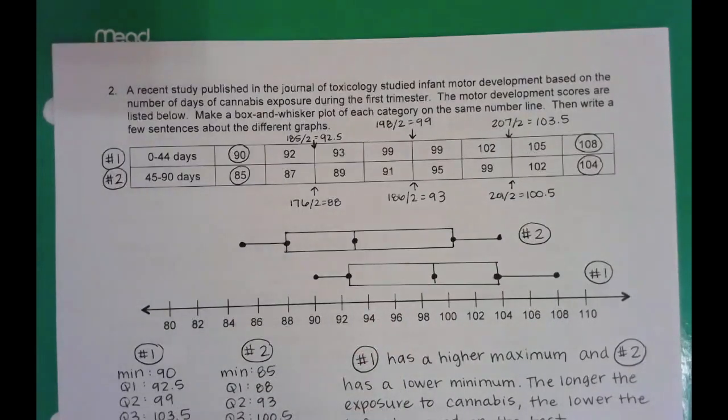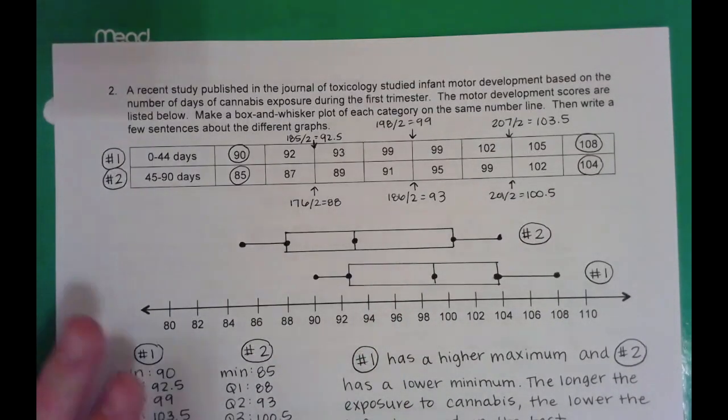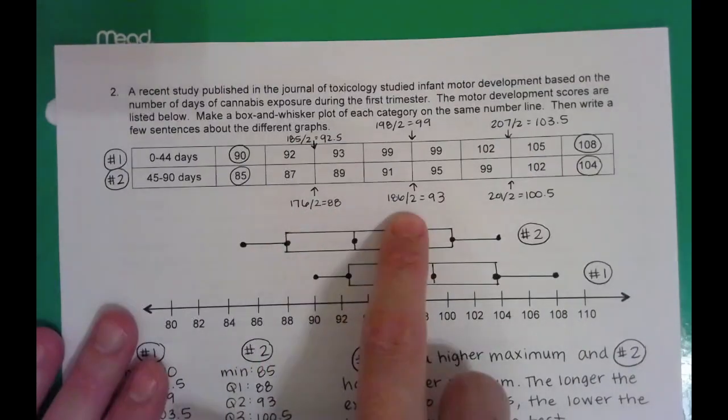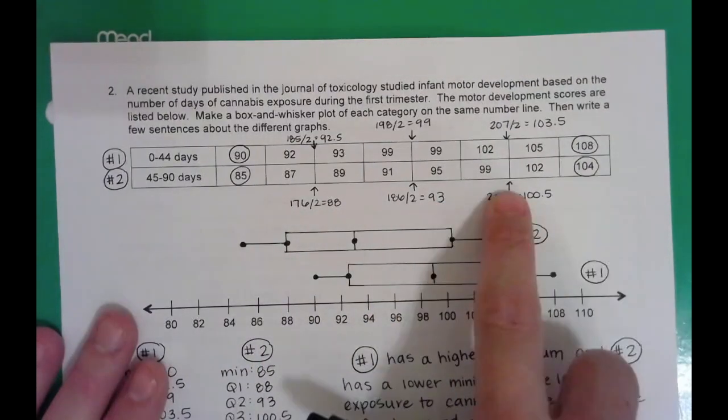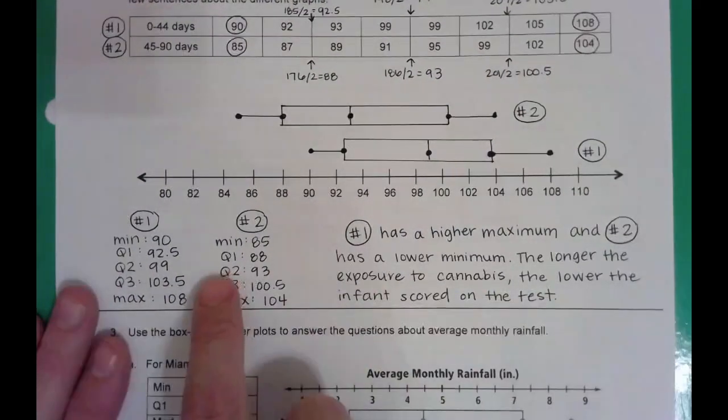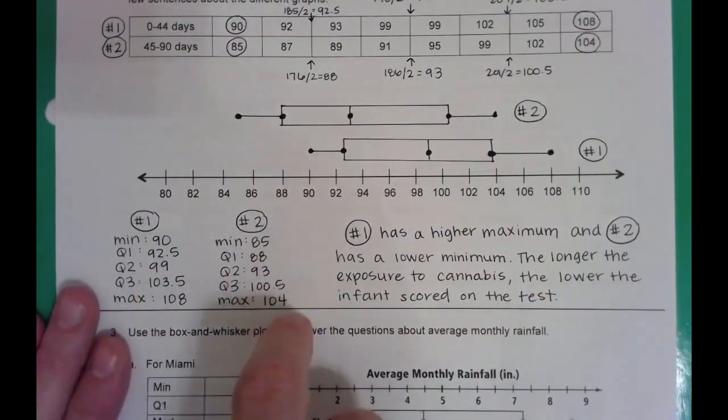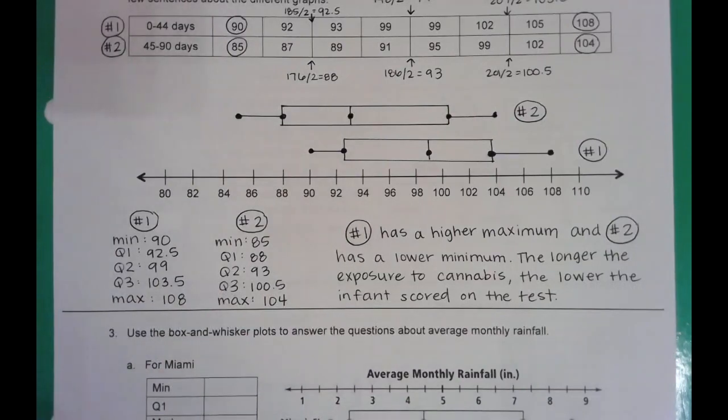I would then repeat that process for the second set of data: minimum, Q1, Q2, Q3, and maximum. Once I have those 5 numbers, and I've written them down here in a list format, which sometimes students think is really helpful,